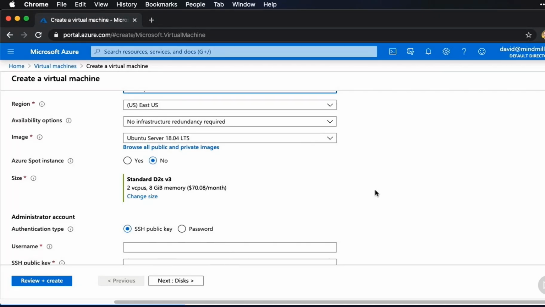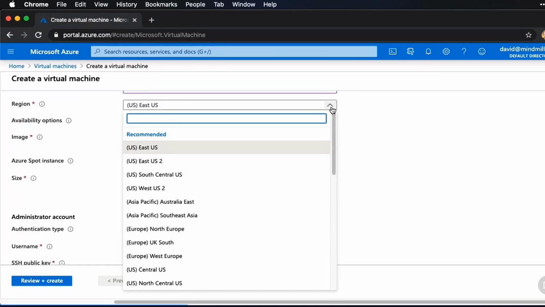Now I'm going to leave it at East US, but you can go through here and see all of the different regions that are available to you, the regions where you can choose to launch this virtual machine into. In most cases, it makes sense to have this be near where you're at, or where your client is located, or you expect the users that are going to be using this server to be located at. Because the closer they are physically to the server, generally the less latency you're going to see in that communication